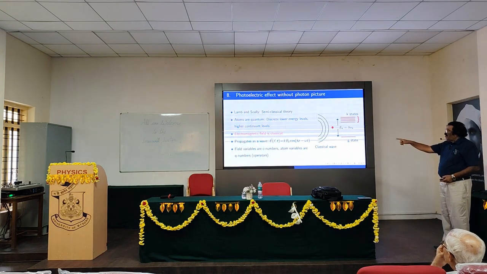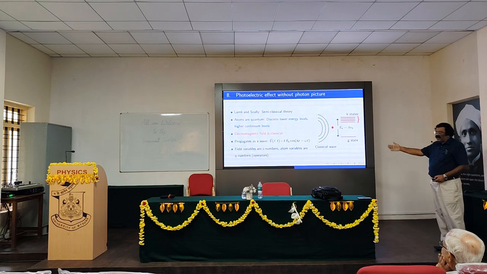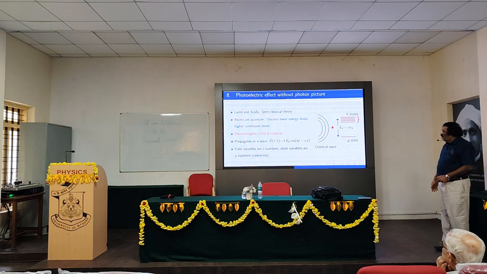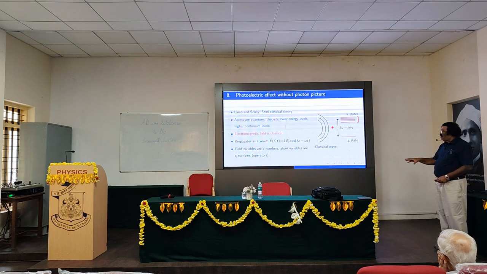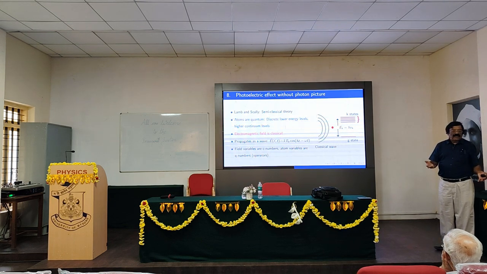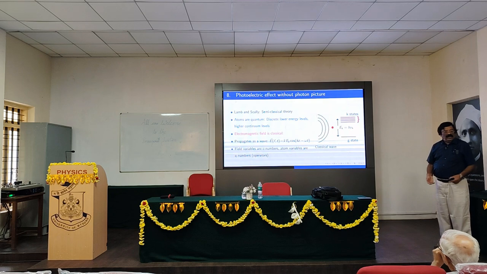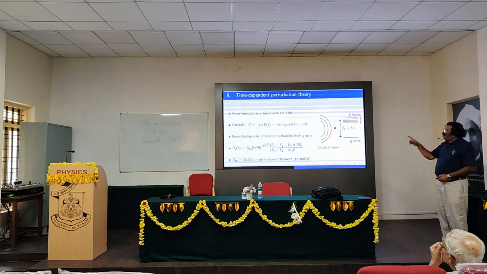So according to them, the electromagnetic field consists of an electric vector. This electric vector, say, is moving along the z-axis and polarized along the x-axis. It is given by this E(r,t). So field variables are c-numbers, atom variables are q-numbers. That is what we mean by semi-classical theory. C-numbers mean, at best, complex or real numbers. Q-numbers mean operators.